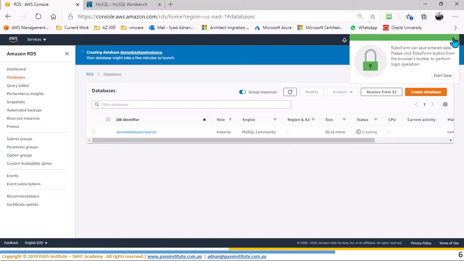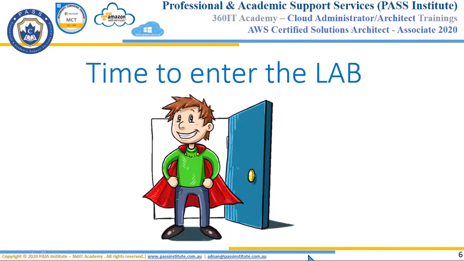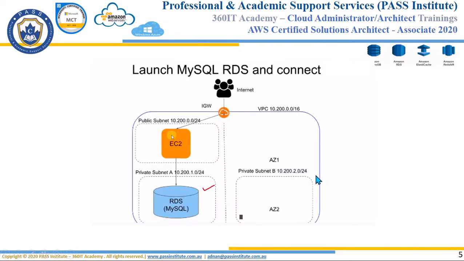Now in the meantime, let's see how we connect to this database. While this is being made, let's go back here and see. So we created this MySQL database. Now what we're gonna do, we're gonna go into an EC2 instance, and we are going to install a software with which we can connect to MySQL, and that software is